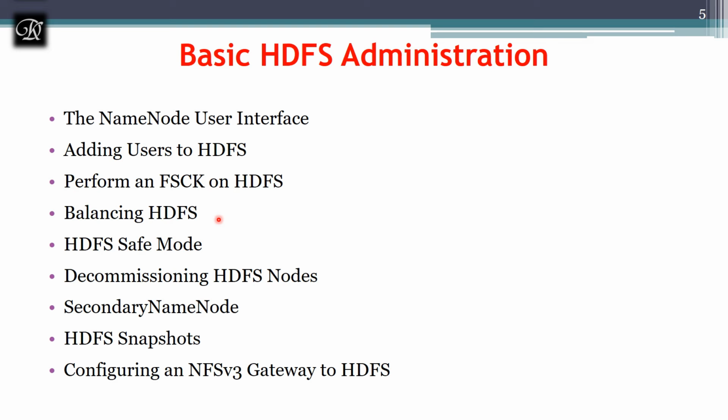And next is HDFS safe mode. The HDFS safe mode is used when HDFS initially starts running, by default. This we have discussed initially in the first module. When a name node starts, it loads the file system state from the FS image, the file system image, and then applies the edit log files. It then waits for data nodes to report their blocks. During this time, the name node stays in the read-only safe mode. The name node leaves safe mode automatically after data nodes have reported that most file system blocks are available.